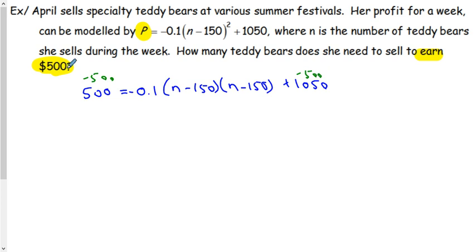So I end up with a 0 on the left, which is what we want. And now I'm actually going to multiply through those brackets. So we'll keep our negative 0.1 out here. In the brackets, let's multiply these things. So n times n is n squared, minus 150n, minus 150n,